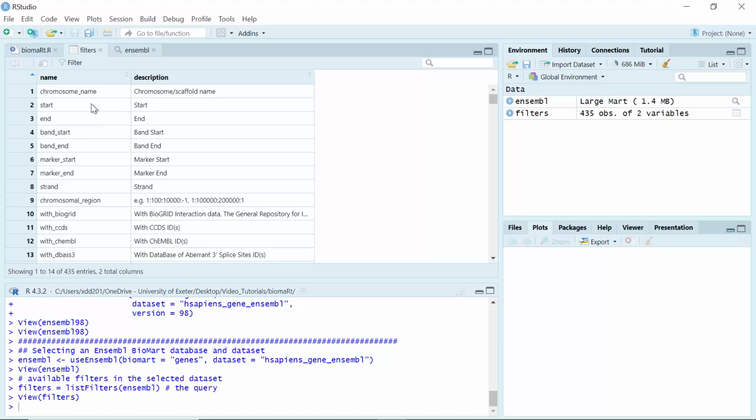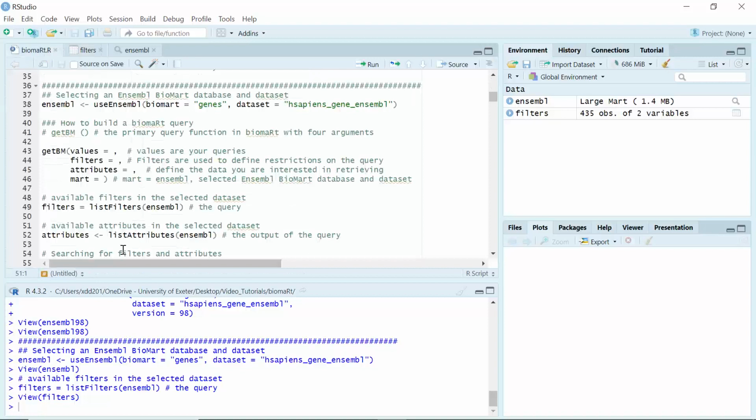You can see the first column is the name for the filters. The second column is the description for each filter. So when you perform your data analysis for human genes, you need to set the filter argument as one of the names listed here. You can also use the list